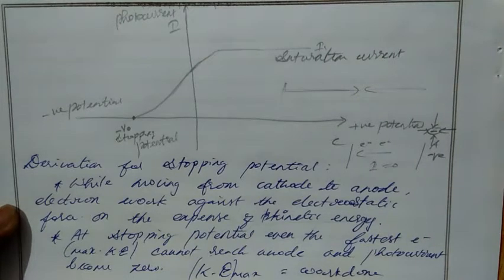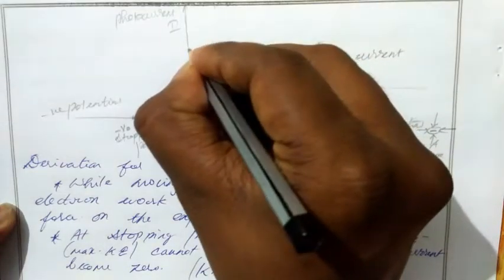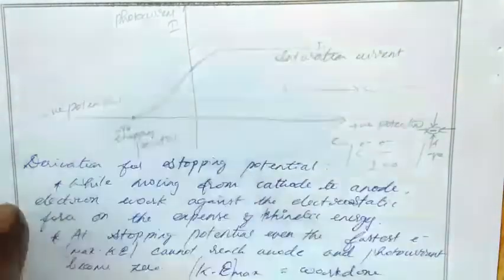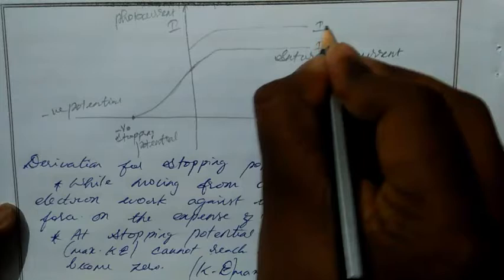So in order to increase the intensity, we have to increase the current, correct? Because intensity is directly proportional to current. To increase the intensity, we have to increase the number of photons, which increases the number of electrons. If the number of electrons increases, then the current also increases. So for another value, our current value also increases up to the saturation limit. Let's take this as I2.